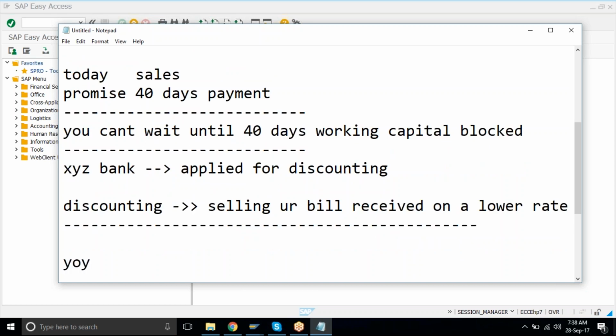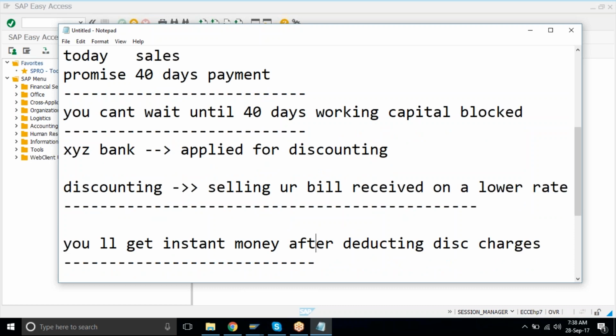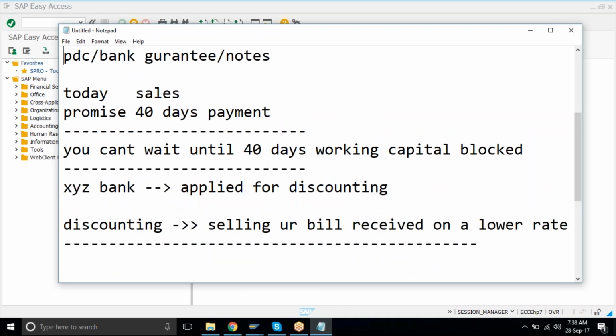You will get instant money after deducting discounting charges.